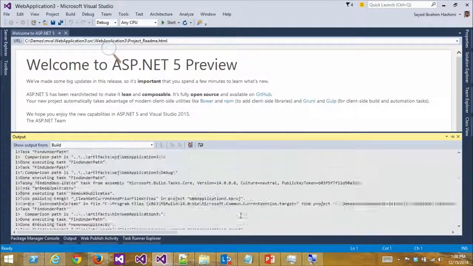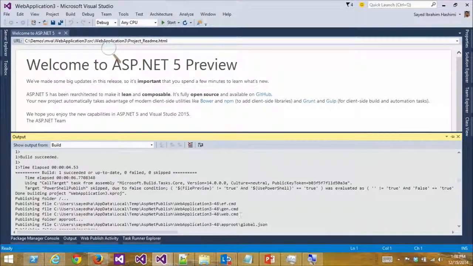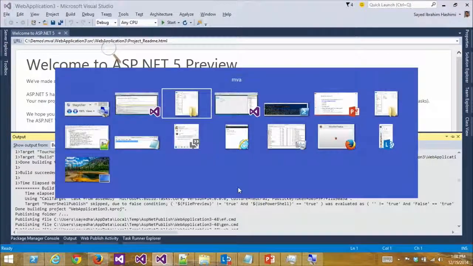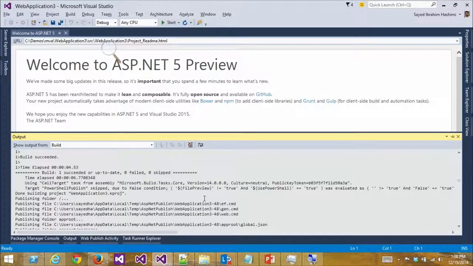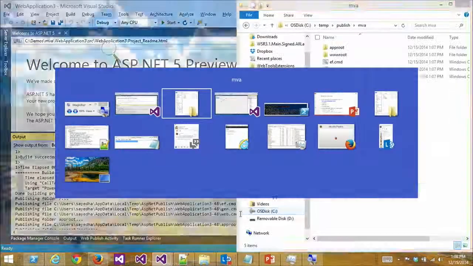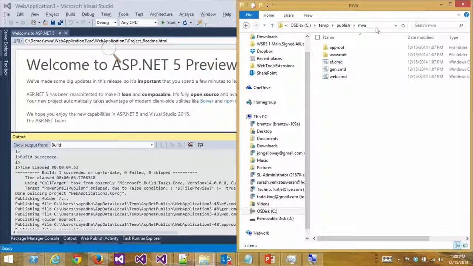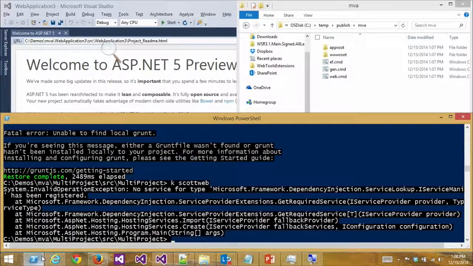But if I was on minimal, we would see that it's calling KPM pack. Yeah, it'd be somewhere here. But that's okay. But look at that. Hang on though. Look at the bottom there. Publishing file ef.cmd, gen.cmd, web.cmd. Yep, and that's exactly what I was going to show you. Great minds. We've got the command files here, so I'm going to go into